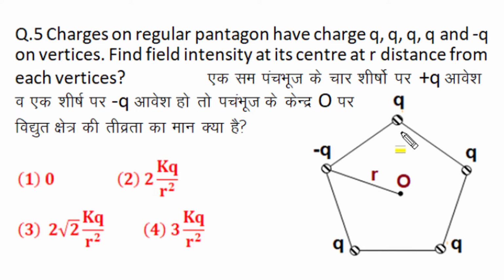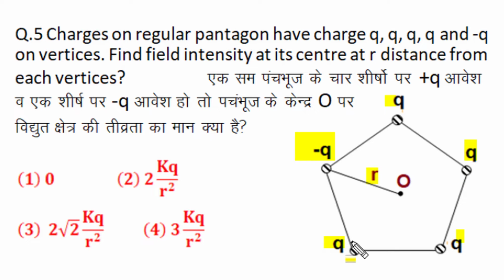Charges on the 5 vertices of a regular polygon are Q and minus Q. The center is at a distance small r from any vertex. We have to find the resultant electric field intensity at this center of the regular pentagon. Now a pentagon is not a symmetrical charge distribution as a square or hexagon may be. So from the superposition principle, the resultant electric field of 5 charges as a vector sum of all individual contributions becomes quite difficult